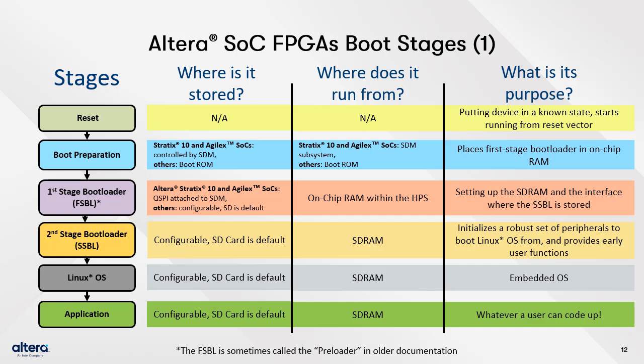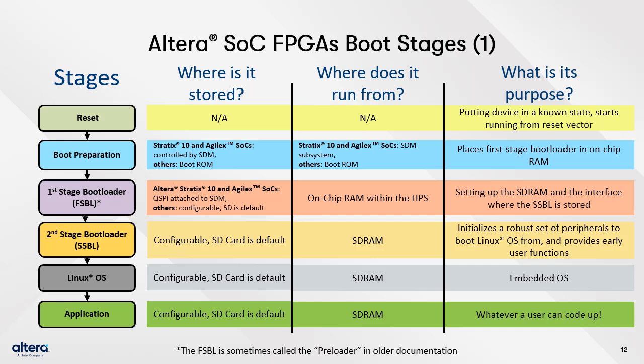In the Stratix 10 and Agilex device families, the first stage bootloader will be stored in a QSPI device attached to the Secure Device Manager. In other families, where it is stored is configurable, but an SD card is where it is stored in most of our reference designs. It will be loaded into an on-chip RAM within the hard processor system from where it will be run. Its main purposes are to set up the SD-RAM and the peripheral which will read the second